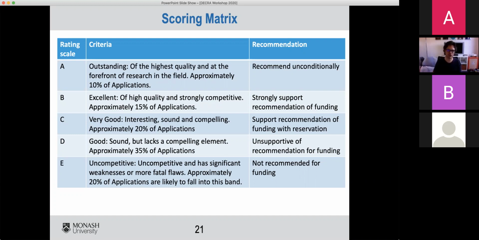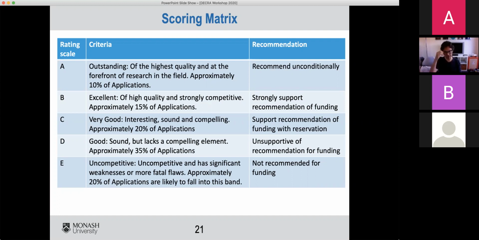So the top 10% go into A, the next 15 go into B, the next 20 into C, 35 into D, and 20 into E. So what's important here is this starts to give you an idea of the challenge, in that you can go all the way down to D, which is covering 80% of the applications before you get out of good. So it's only when you get to that bottom 20% where the applications are not considered good.